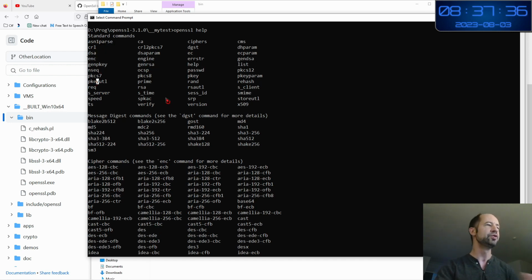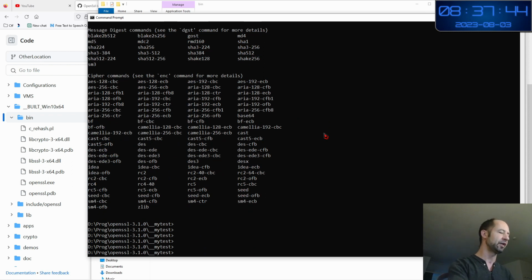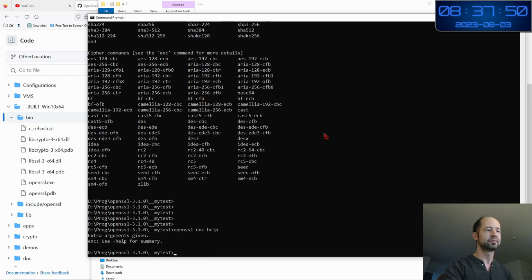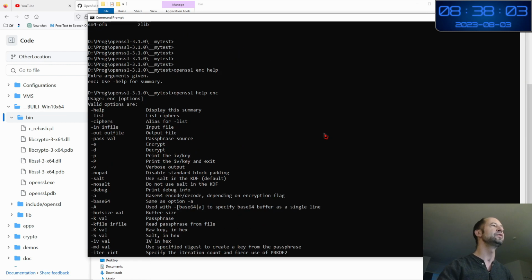The way you use it, if you do not know how, is to type the corresponding command, for example openssl enc -help. Or the opposite: openssl help, then the function that you want, and it gives you help for the given function.